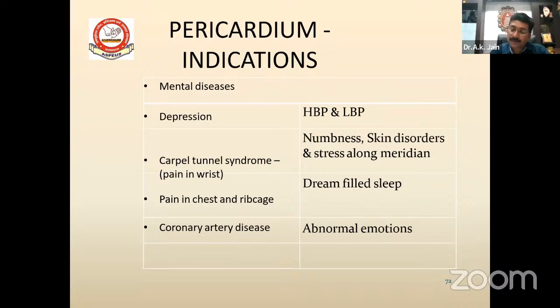The other functions of the pericardium: palpitation, irritability, abdominal pain, vomiting, chest pain, or tremor. You can also use the pericardium channel. The pericardium channel is also called the yin channel, which after getting the connection from the kidney channel begins with the point P1 in the chest, lateral to the nipple.